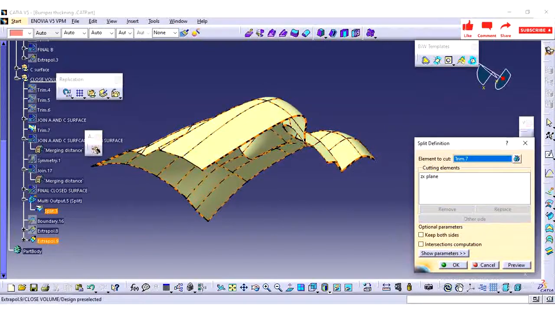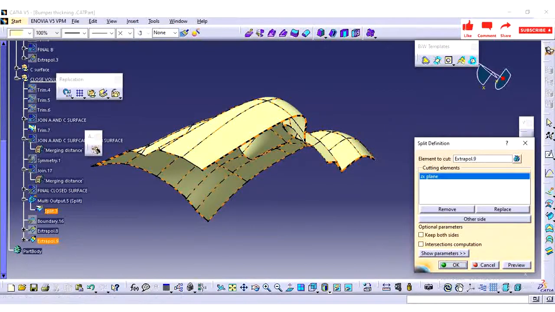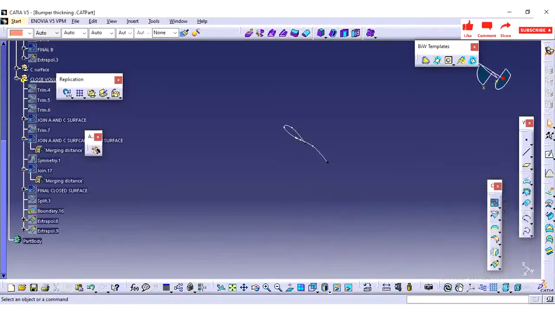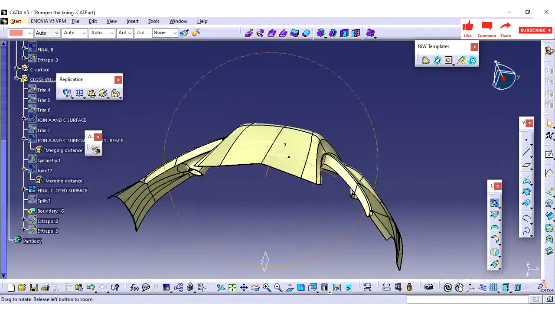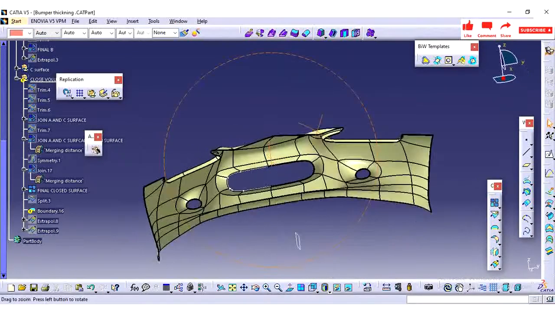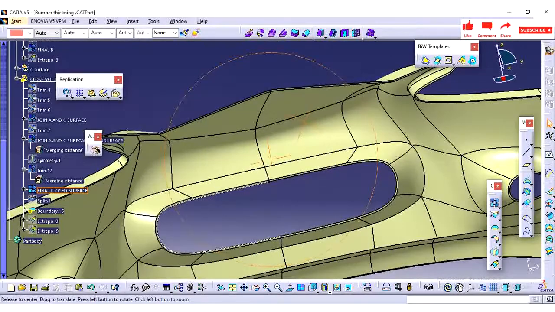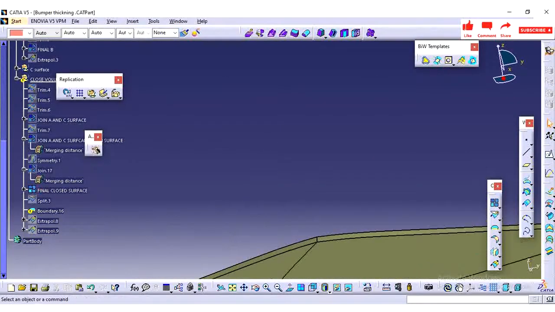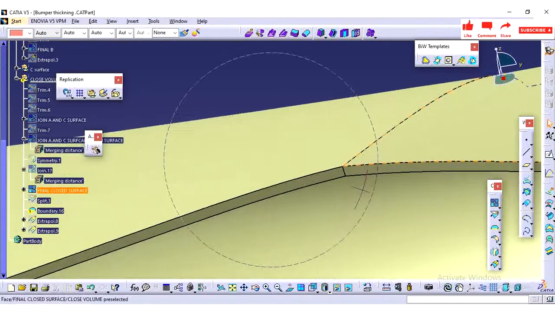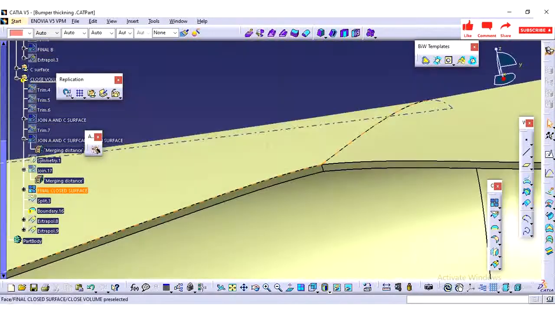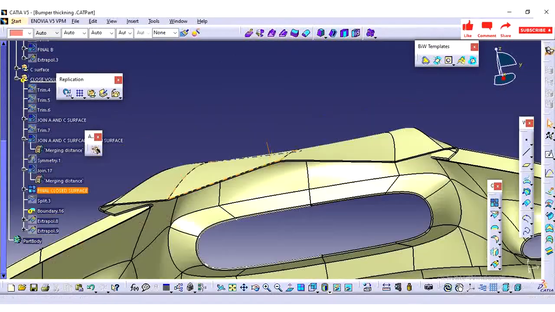So now you see I am getting the error of boundary. So my profile is proper now. Now I can go for the close volume of the part. So I will create a solid body of this part. So we don't have any issue in this center area. Just I am deleting this boundary and renaming this one to